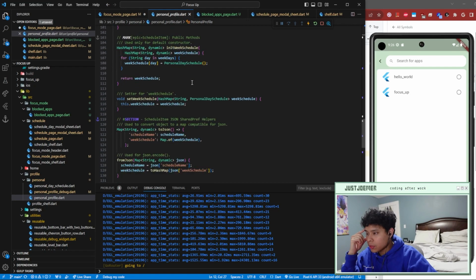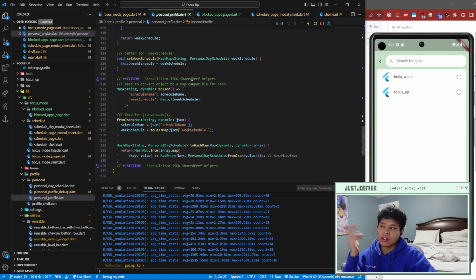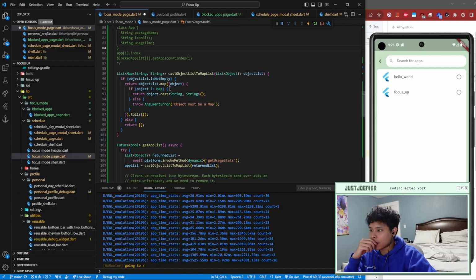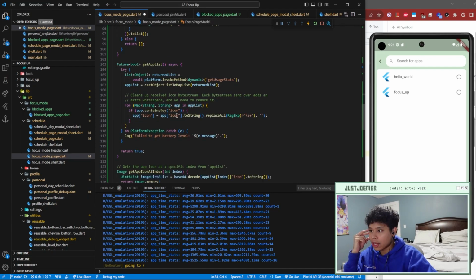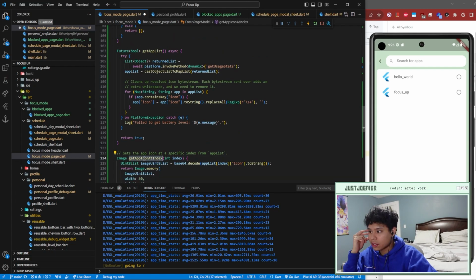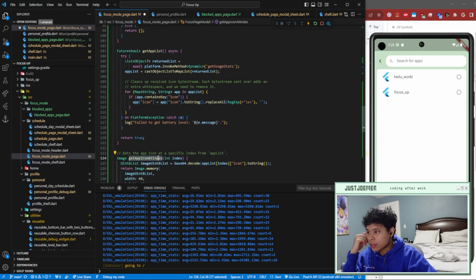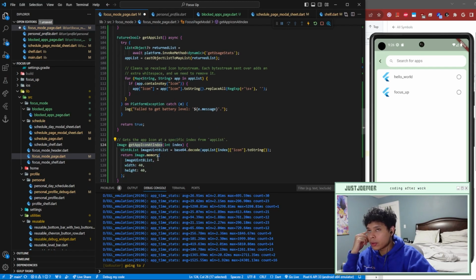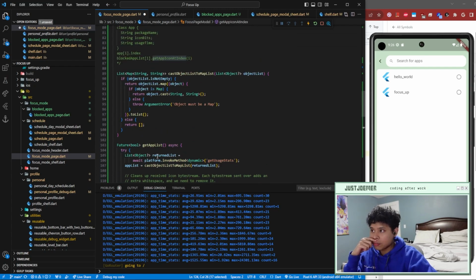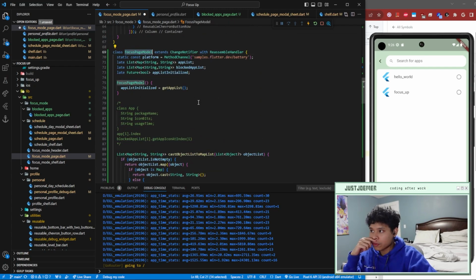And when we do that, I think it would be easier to reach into everything if everything is mapped out and we don't have to remember all these small little pieces, like remembering that we need to have get app icon at index. On top of that, this helper method would have to go somewhere else. It would have to go in a util file because right now it's a part of our focus page model object, and